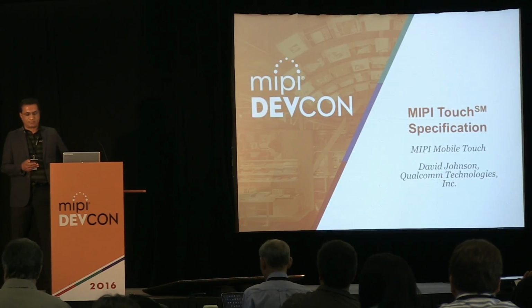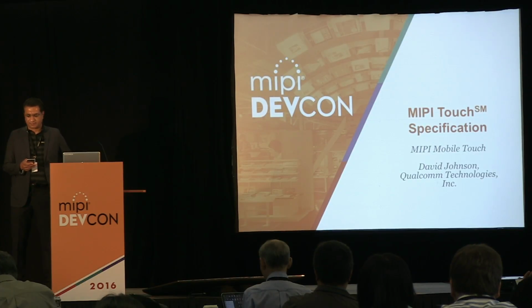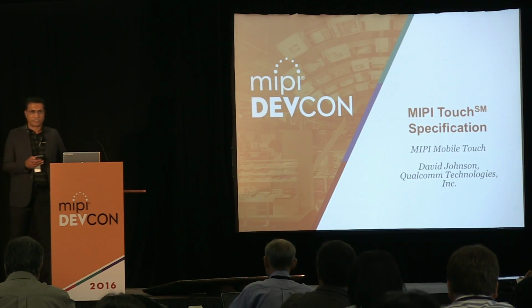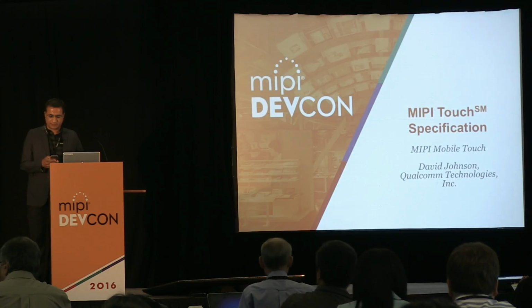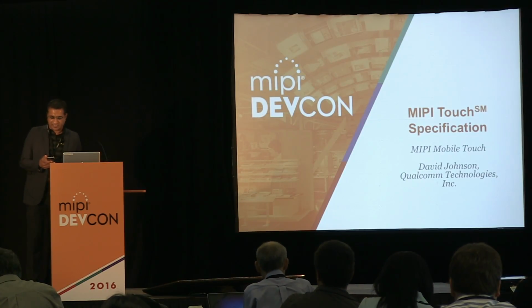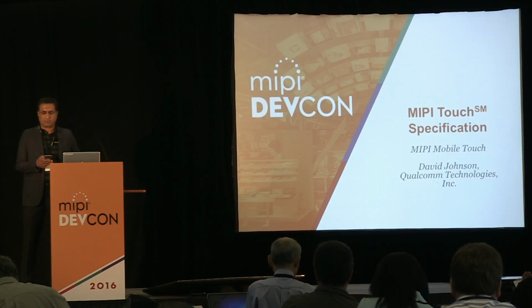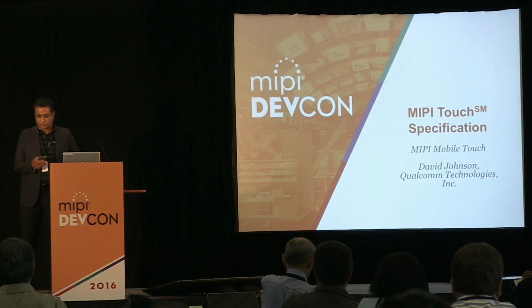David Johnson holds a Bachelor of Science degree in Electrical and Computer Engineering from North Carolina State University. He works at Qualcomm, obviously. He has spent his career working in system engineering, supporting customers in consumer and networking markets. He joined Qualcomm last year after his group was acquired from Maxim Integrated. He currently leads the software and systems group for touch in Santa Clara.